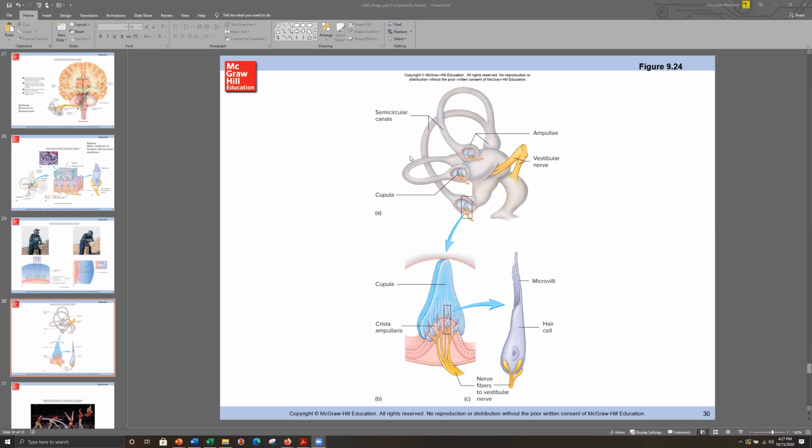Continuous stimulation of the semicircular canals, as occurs with constant movement, can cause motion sickness, which can be characterized by things like nausea and weakness. The brain compares sensory input from the semicircular canals, eyes, and position receptors in the back and lower limbs. Conflicting input from these sources will lead to motion sickness. Okay, so